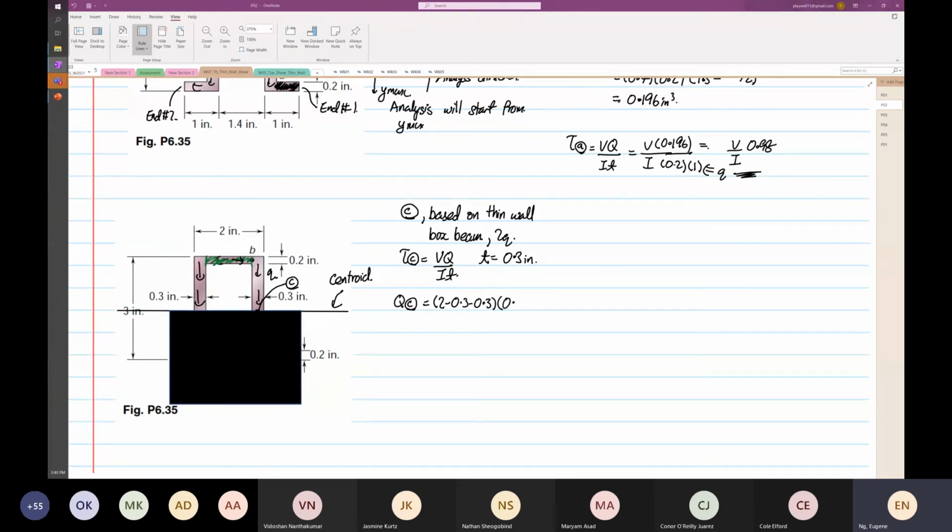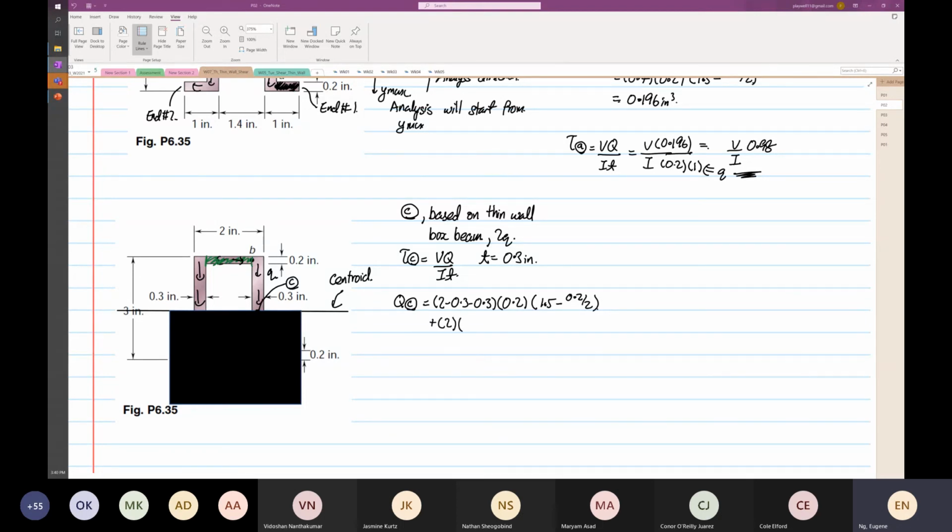Thickness is 0.2. Centroid is 1.5 minus 0.2 divided by 2, right? And then plus, so the width is 0.3. The depth is 1.5, multiply. So there's a 2 because there's a left and right. You have a 2 in the front. Okay, the 2 because you have what? You have a left and you have a right. Okay, so you have a 2 down here